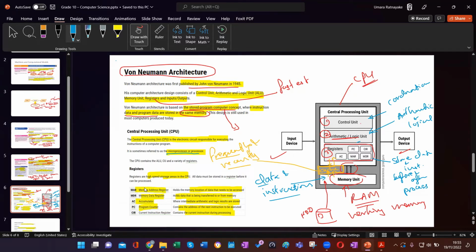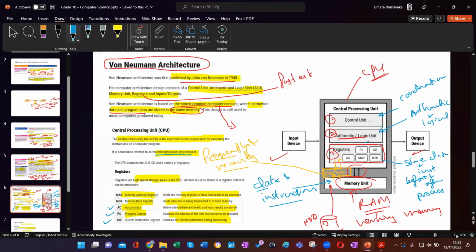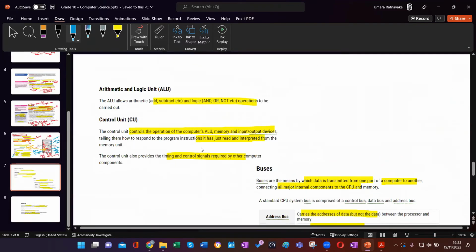In fact, it is divided into several parts, right? For different tasks, they have different registers. So in the book, they introduce an accumulator, program counter, and current instruction register. Okay, what these do,